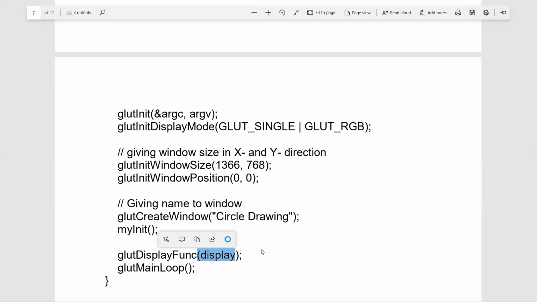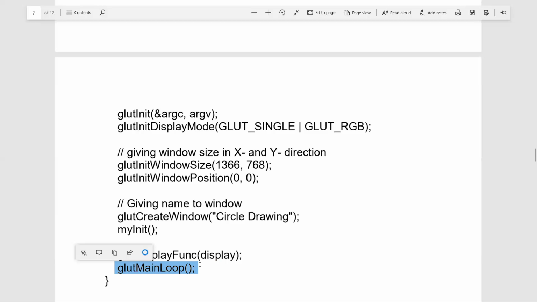For that, we need to make use of a very important function, glutMainLoop. This function activates all display windows with graphic contents.